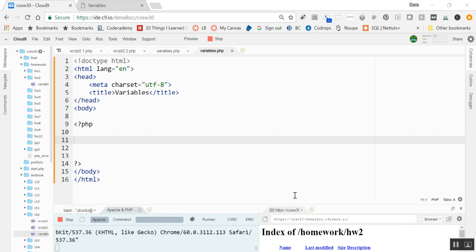Students, today this video is going to discuss PHP variables, namely how to name them, how to define them and assign a value to them, and how to output them to a web browser. So the first thing we're going to talk about is some of the rules with naming variables and what variables